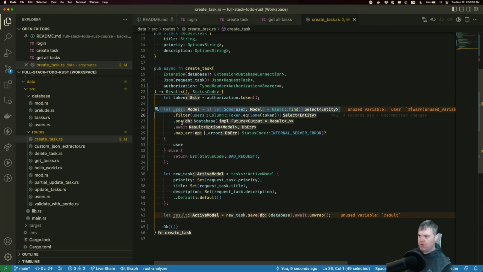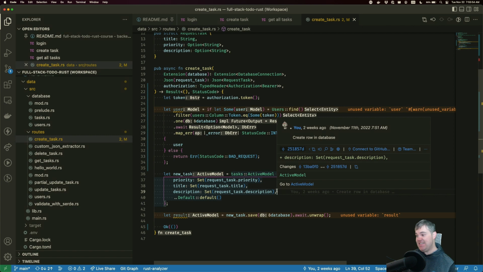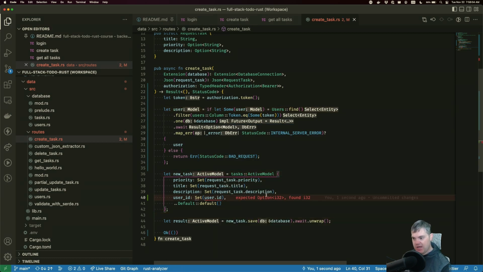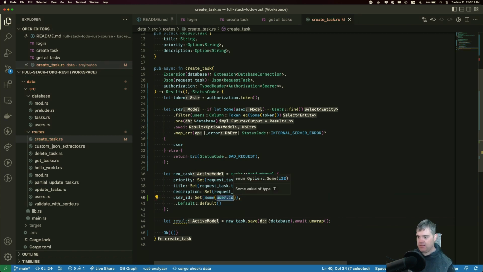Okay, so we can now use this user to set the ID in here. So user ID is now going to be a Set for user.id. This needs to be an option. So this is a Some user ID. Okay, excellent.